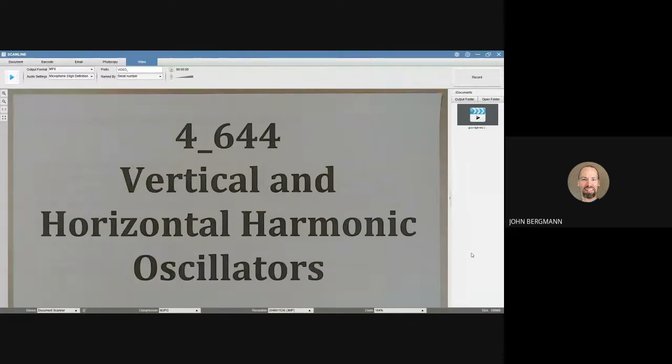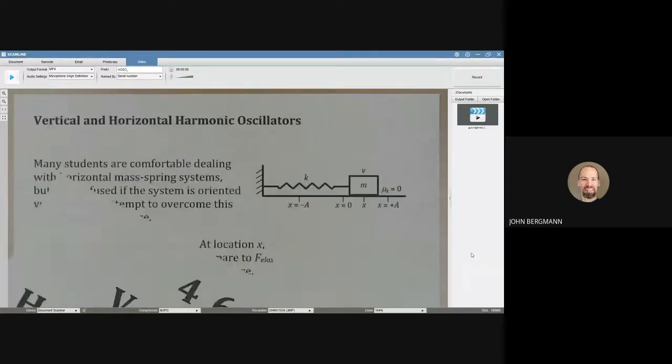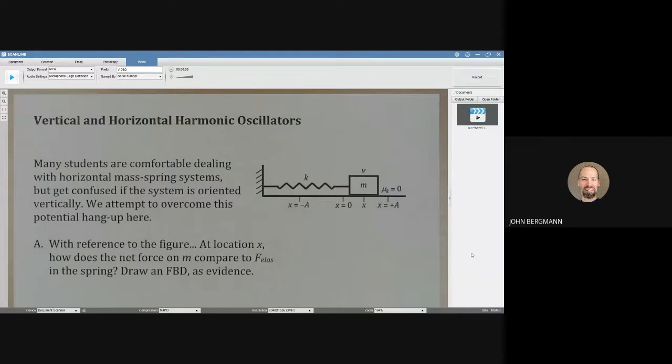Vertical and horizontal harmonic oscillators. Many students are comfortable dealing with horizontal mass spring systems, but get confused if the system is oriented vertically. We attempt to overcome this potential hang-up here. With reference to the figure, at location X, how does the net force on M compare to F elastic in